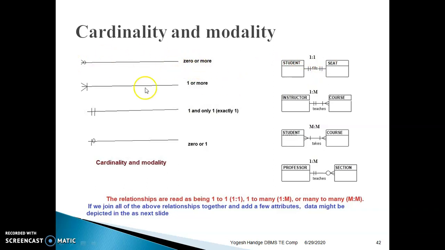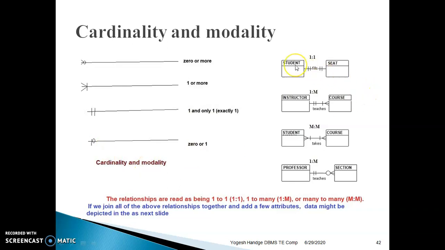Zero or more. One or more. One and only one. Zero or one.